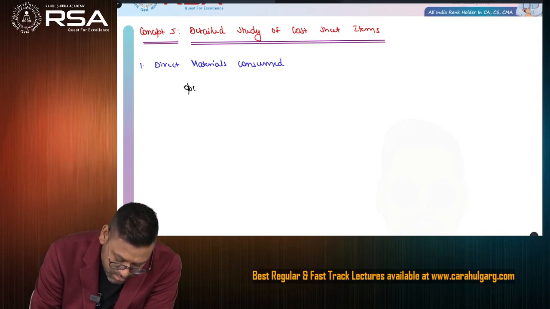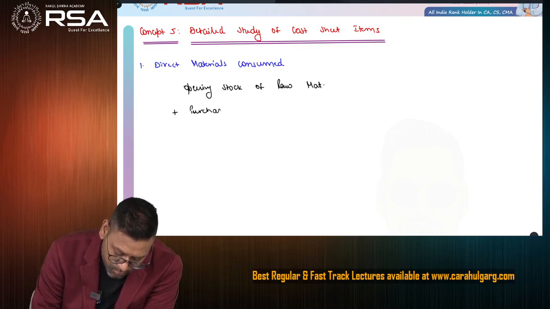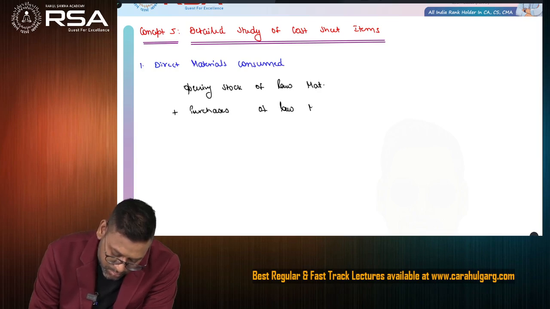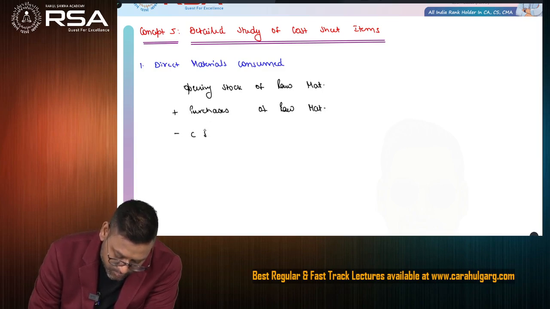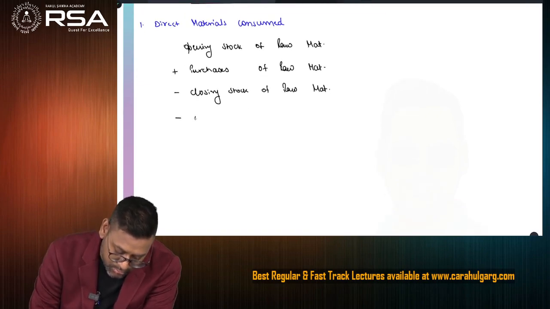So first of all, opening stock of raw material plus purchases of raw material minus closing stock of raw material minus purchase return of raw material